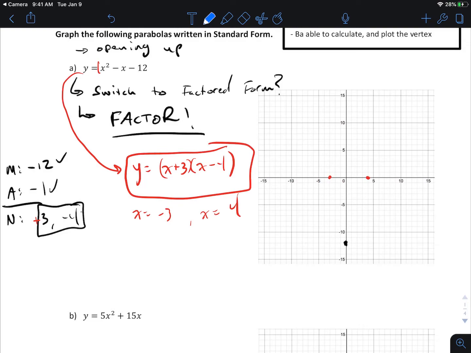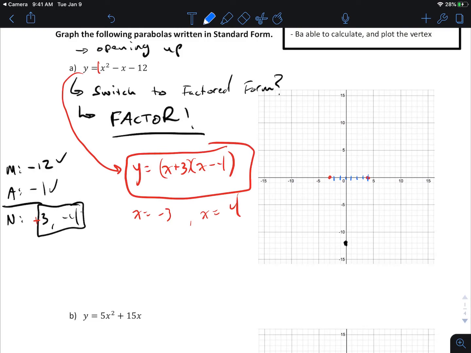So there's 7 in between positive 3 and negative 4. I guess it's negative 3 and positive 4 there. And then 7 divided by 2 is 3.5. So you know that the axis of symmetry is going to be 0.5. Okay, yeah, so if I count that there's seven squares between the roots, then the middle must be 3.5